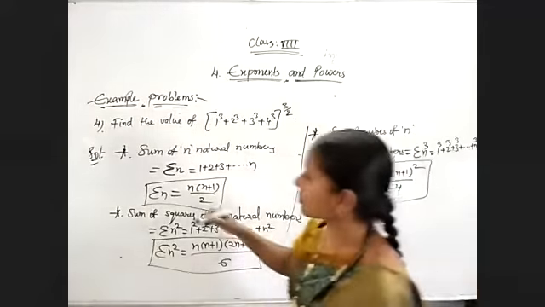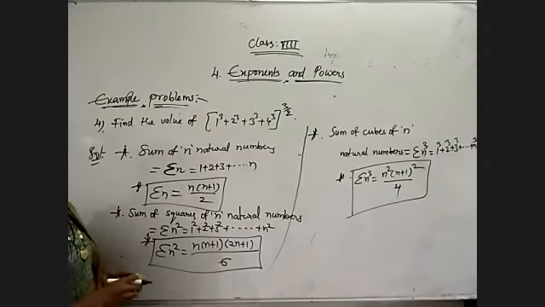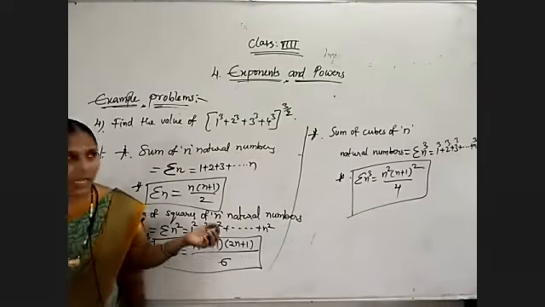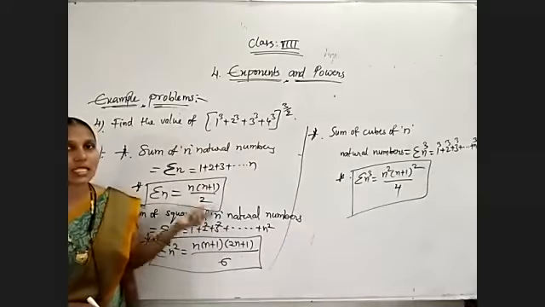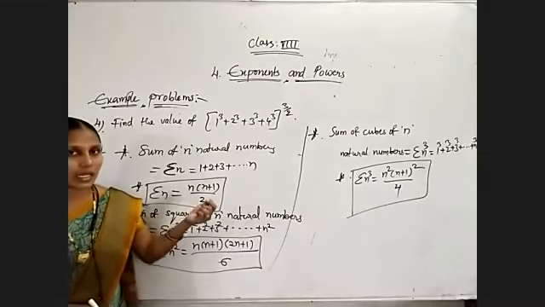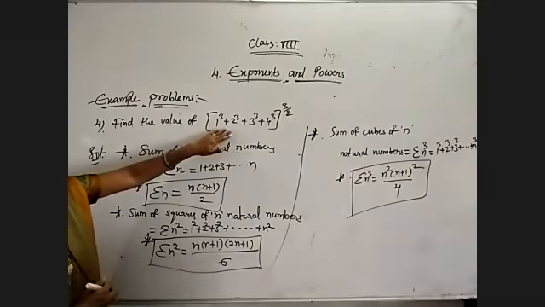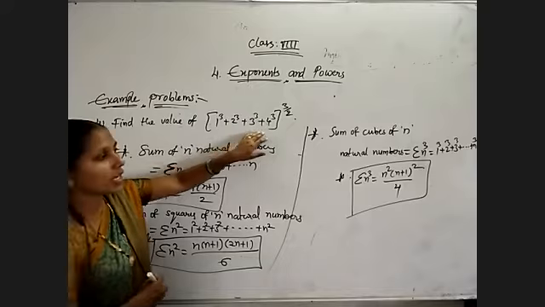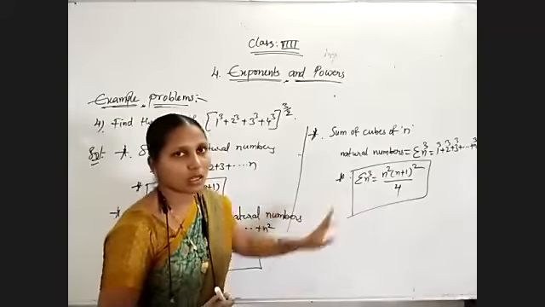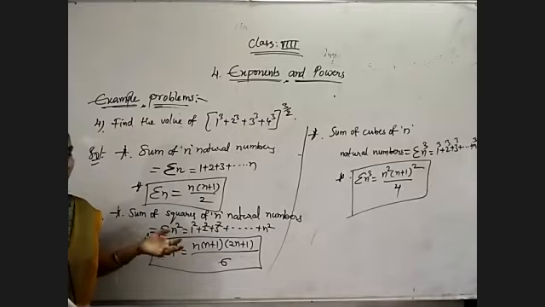About this we will get in further chapters, but while we are getting expansions like this, it is easy to use the formulas instead of doing it directly. Now here they have given the sum of cubes of 4 natural numbers. For that sake, you need to use this formula. Understand? So these are the 3 formulas, very, very important.